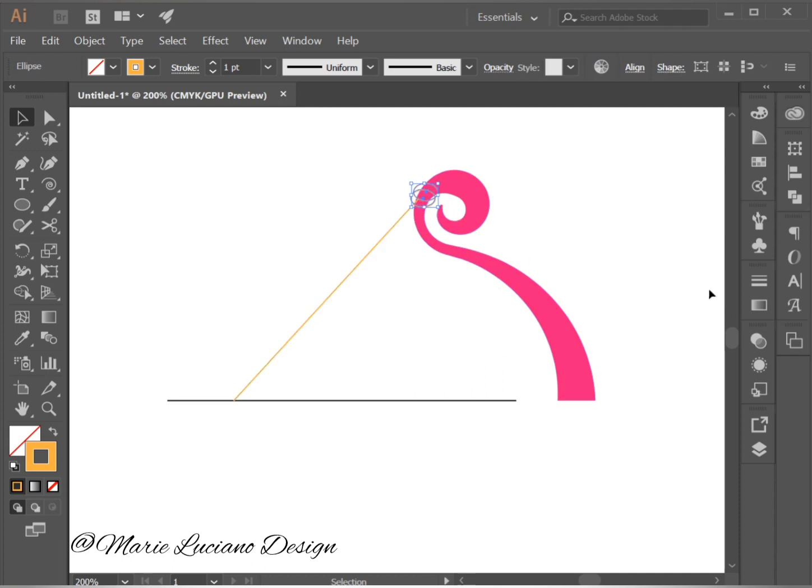There we go. I'm going to select both of them, go to the Shape Builder tool, and hold Alt and click on the parts of the shape that I want to delete. So now I'm left with this moon shape here, which I'm going to scale down